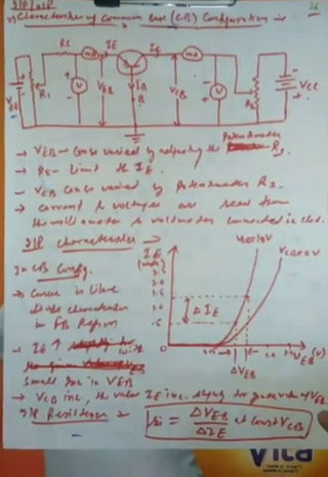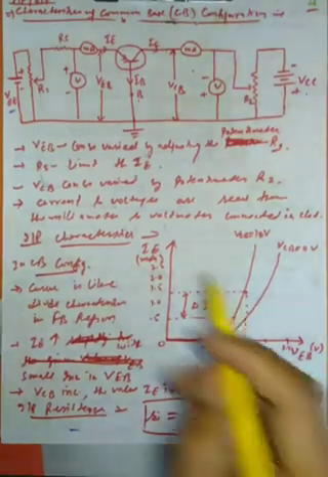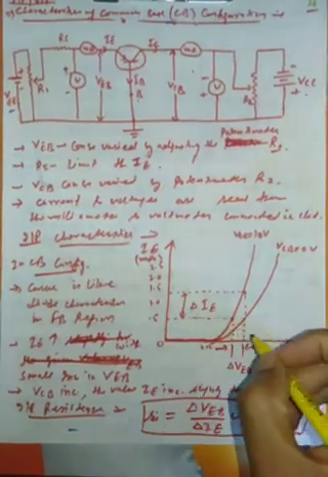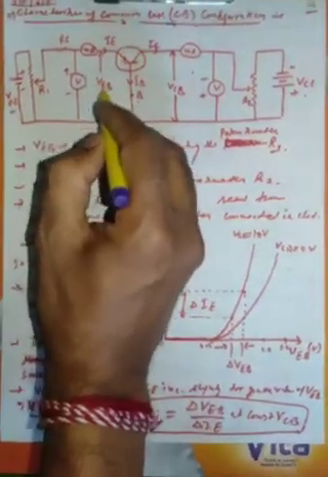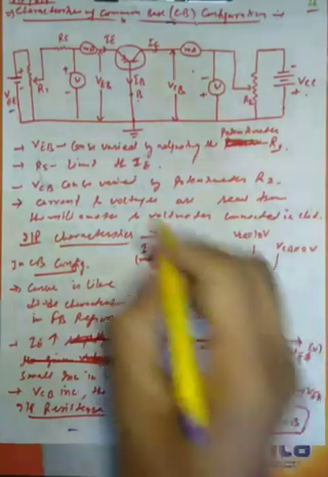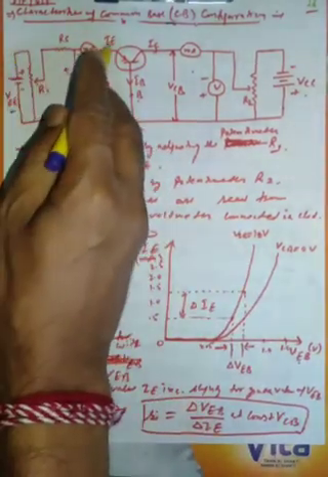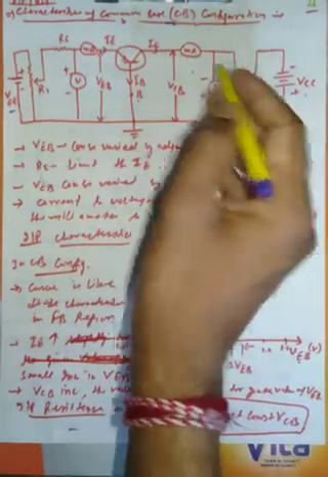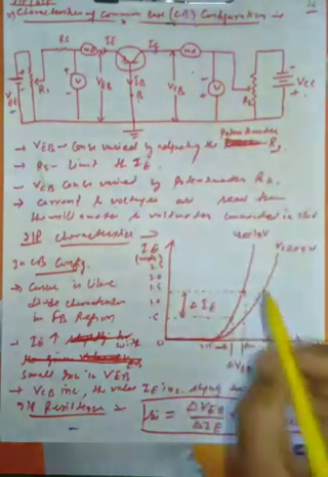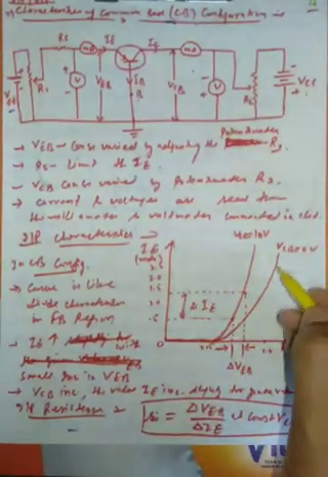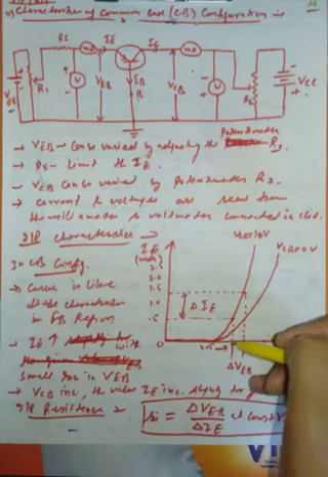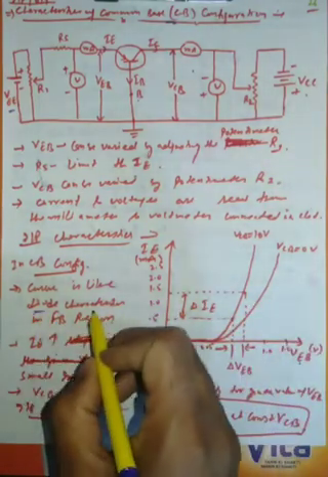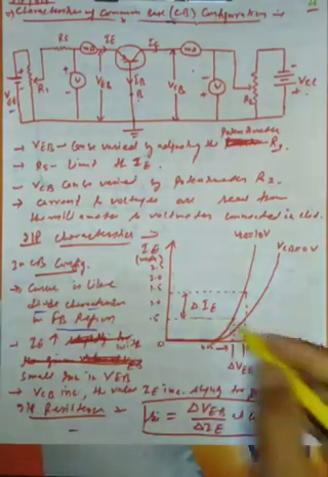And the input output characteristics, you can see here. This is the input side. For the input characteristic we have to measure the input voltage, VEB, across the emitter and base, and the input current, IE. So this is IE on the y axis, and the output voltage will be VCB. Varying the output voltage we get the input characteristics, in which the curve is just like your diode characteristics in the forward region.